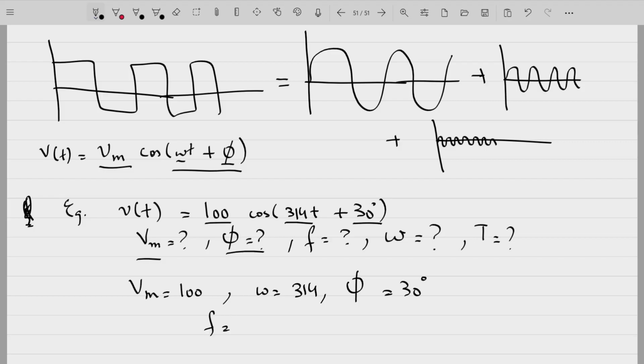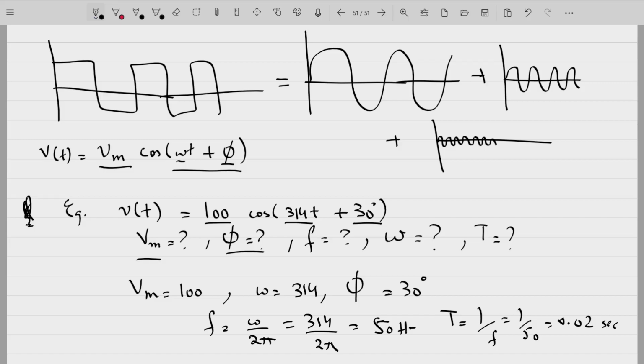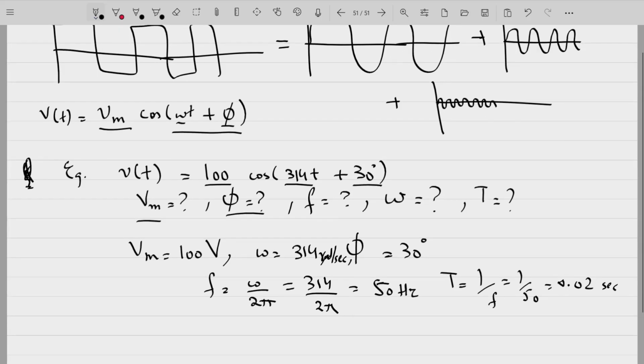To find out f, we have to divide omega by 2 pi. 314 divided by 2 pi. Okay? So this is 50. Fine. And to find out T, we have to find the reciprocal, 1 by f. That is 1 by 50, that is 0.02 seconds. Okay. This is in hertz. This is volts, this is radians per second. Phase is in degrees. So f equal to 50 hertz